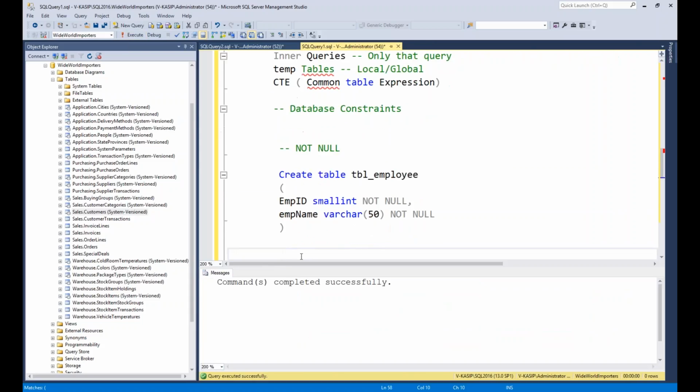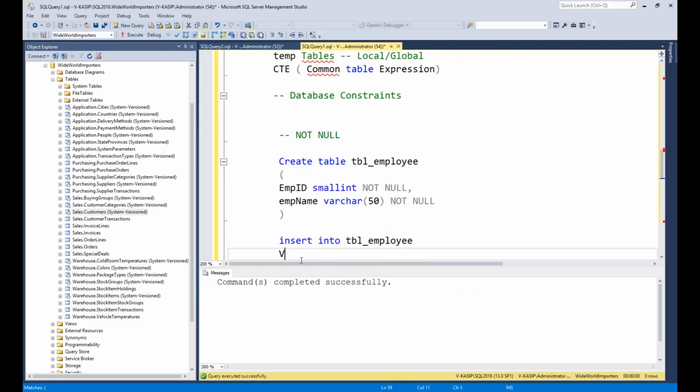Now whenever you are trying to insert the data, it won't allow you. Let's take insert into tbl_employee values.